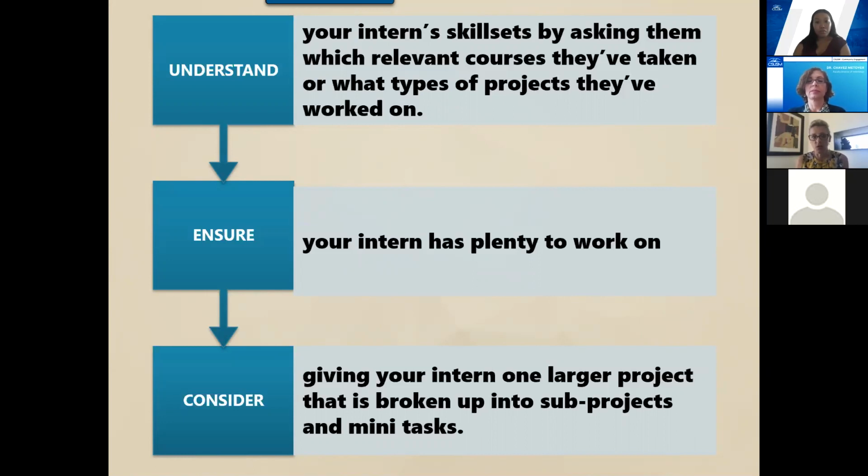One of the things you can do if you have a company that has a large project that you want to give an intern is to potentially break it up into sub-projects. If you have multiple interns, you can break them up and assign them to multiple interns and then have them work collaboratively together. So there's a lot of different ways to be able to do this. Again, having that communication with the interns, because they will have insight. They're coming into your company with fresh eyes and they may be seeing things that you're not seeing.